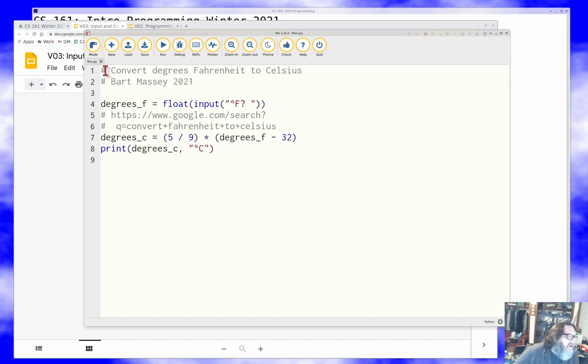And this little hashtag here, this little pound sign: everything after the pound sign on the line is just ignored by Python. It couldn't care less what you put over there. Only I care, because I want to be able to read it. So these are what are called comments. They're readable by human beings, but ignored by the computer. And so you put the one-line comment that's what your program does, the one-line comment that's who wrote your